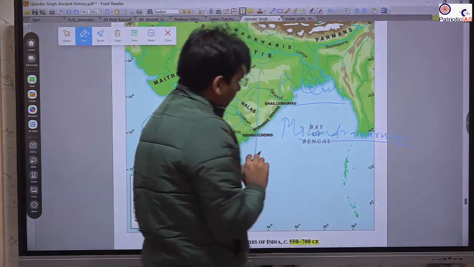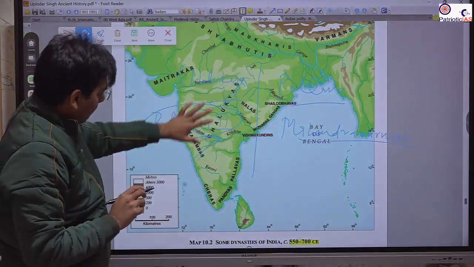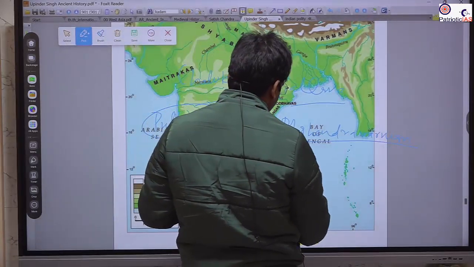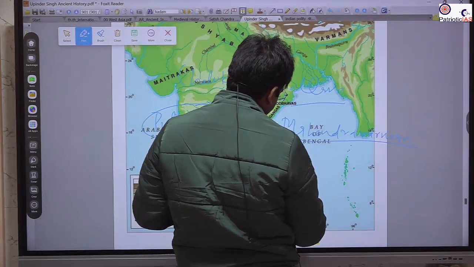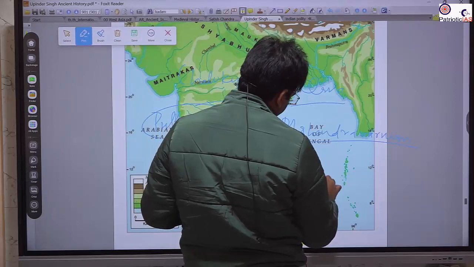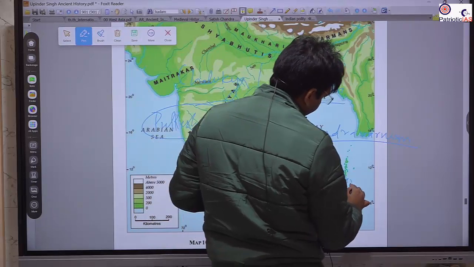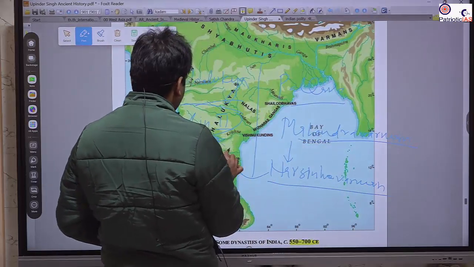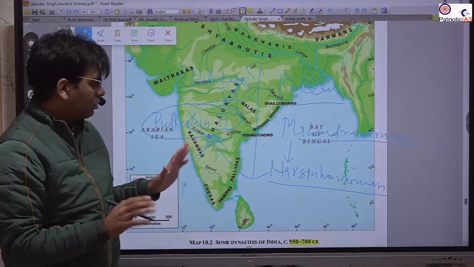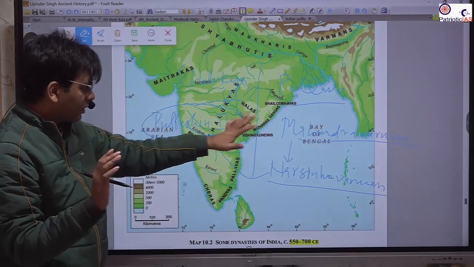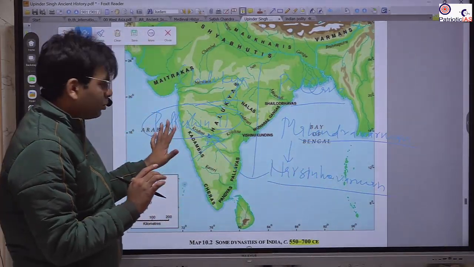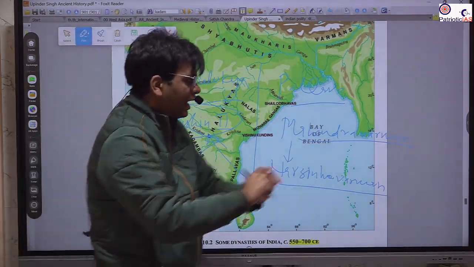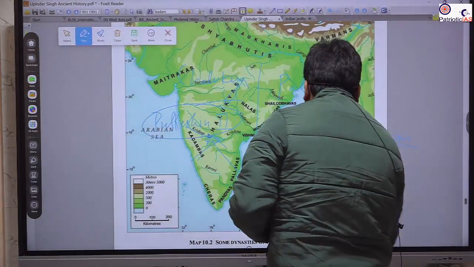Okay. Mahendra Varman was killed and Pulkesin captured this whole area, but later the son of Mahendra Varman, whose name was Narasimha Varman, killed Pulkesin. So he will take revenge for father, son, grandfather, everyone. So Narasimha Varman killed this Pulkesin because Pulkesin killed his father Mahendra Varman, and he got the title of